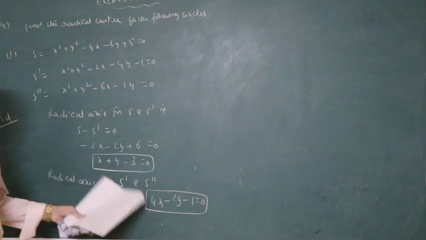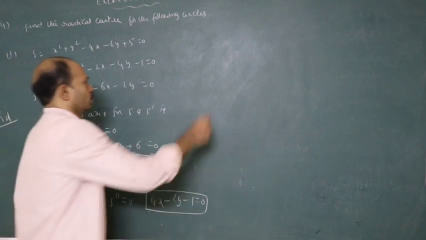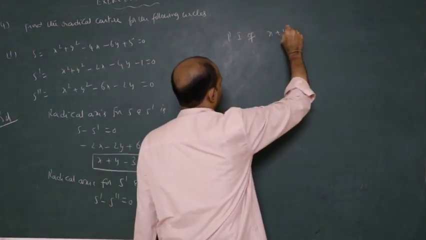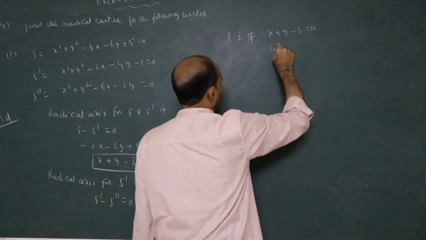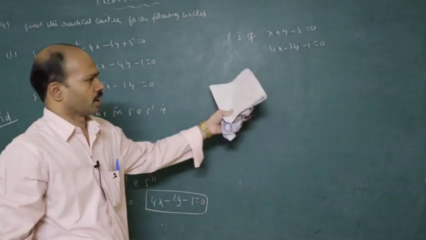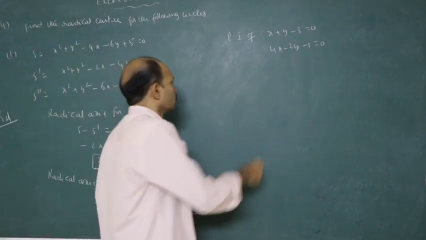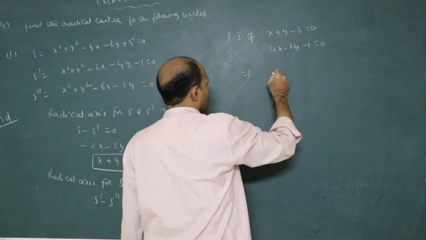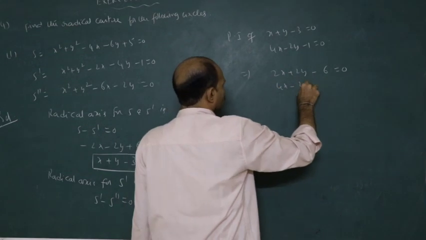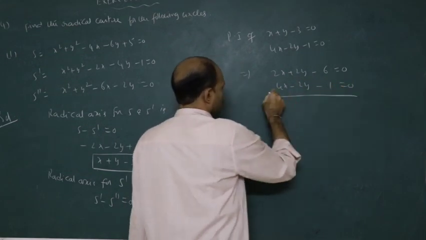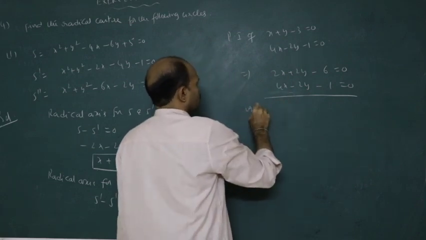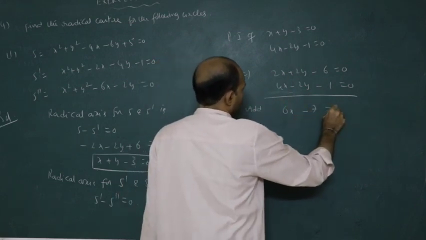Now let us write the point of intersection of these two. All of you have to get the point of intersection. Point of intersection of x plus y minus 3 is 0, 4x minus 2y minus 1 is 0. You can do it by yourself by adding or subtracting or by the elimination method, whatever. I am doing it because of 2y and 2y here: 2x plus 2y minus, 4x minus 2y. On subtraction, just adding them because of opposite signs: 6x minus 7 is 0.